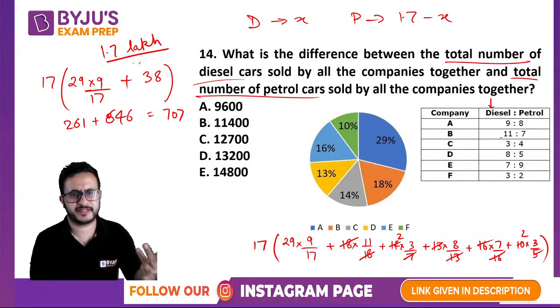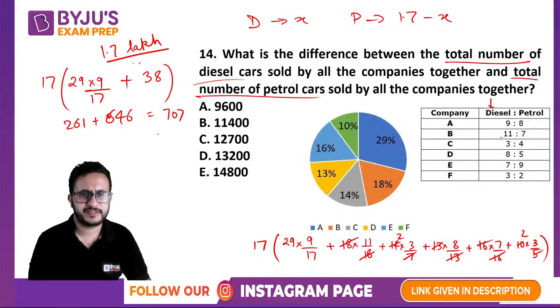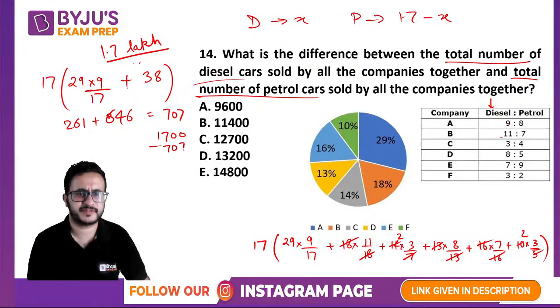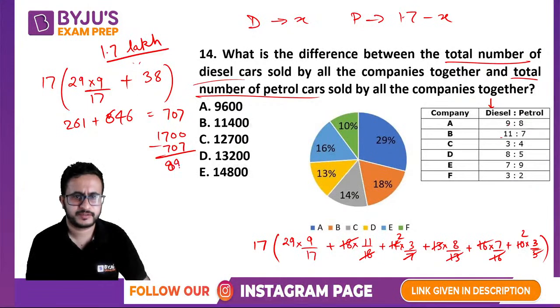ठीक है, 707 आ जाएगा। अब do not worry कि कितना total बन रहा है। Right, 707 होगा, ये 1.7 लाख था। 1700 minus 707, you will get as 893. 196 आ रहा है कुछ तो।